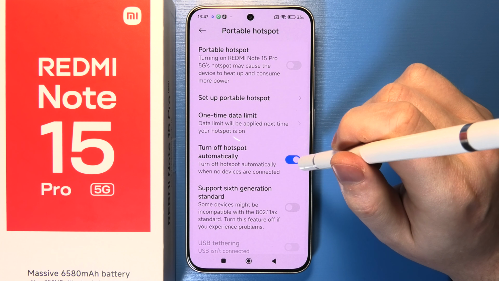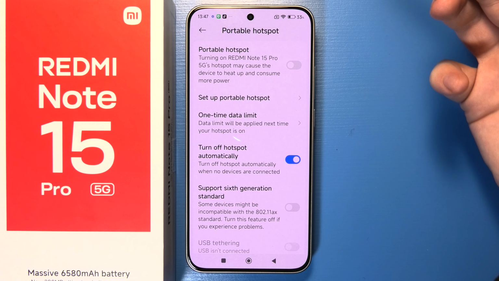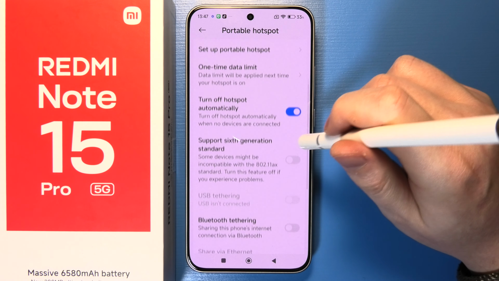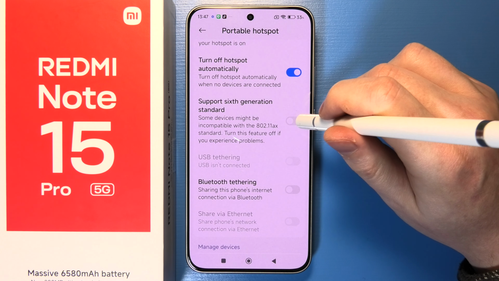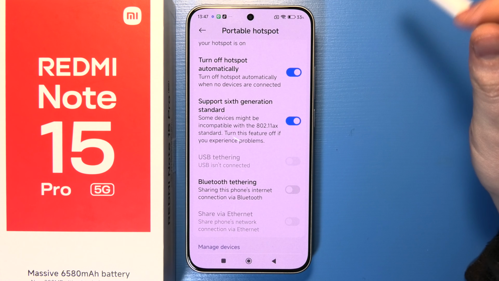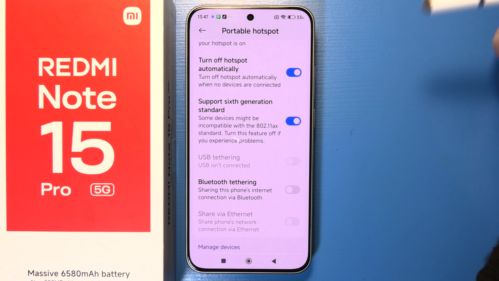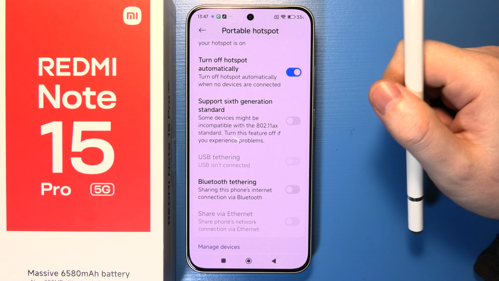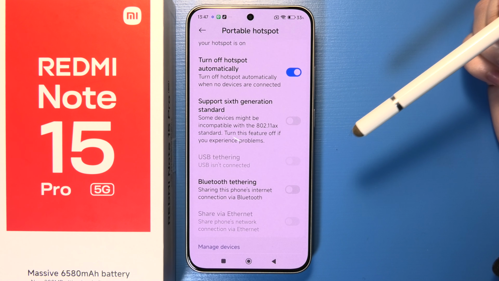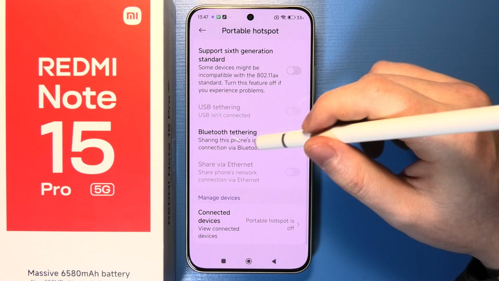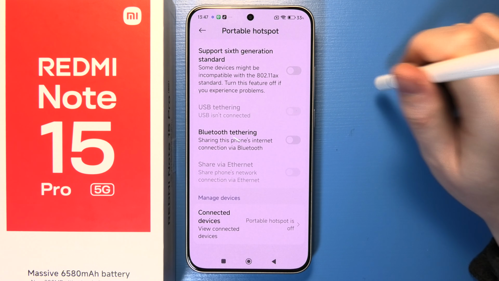Then we have the turn off hotspot automatically, which means when there's nobody connected to your hotspot for some time, it will just shut down automatically. And there's also an option to activate support for the 6th generation standard, which I would recommend if you're sure that the other device that will try to connect with your hotspot is also kind of new. If it's an older smartphone, then I would recommend turning it off. This will slightly increase the speed of your network, but at the same time it will be less compatible with older devices. There's also the tethering, and that is a different topic for a different video, and